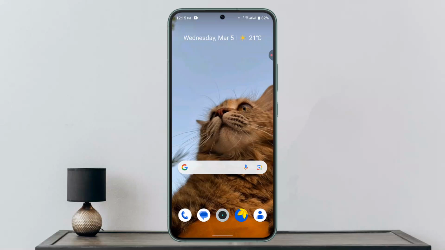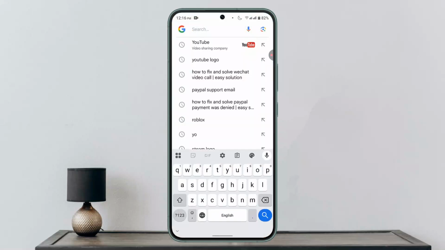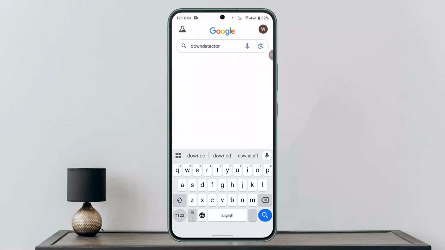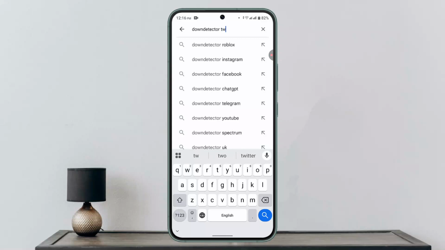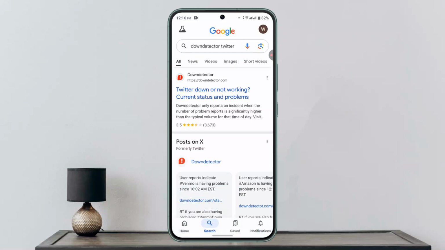Now, in order to fix it, there are a couple of different things you could do. First of all, you could always check whether there is any server issue by visiting a site like Down Detector. You could open up a browser and type in Down Detector for Twitter. Here you could press the first link that appears and see whether there is any issue